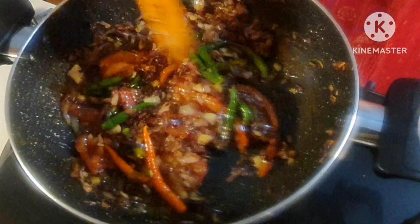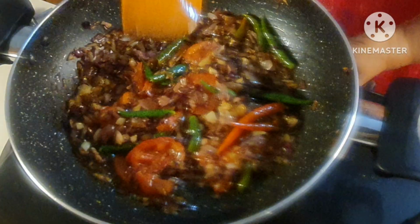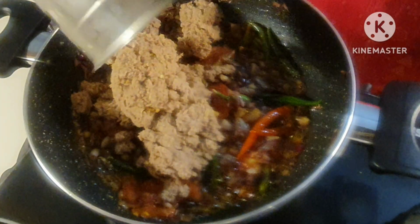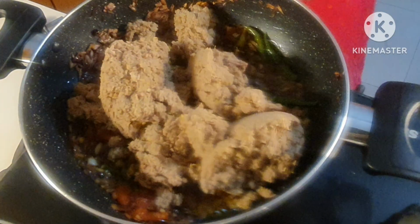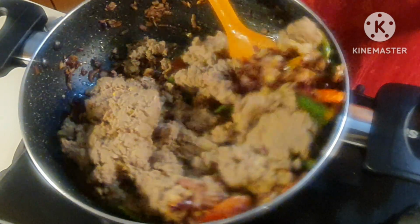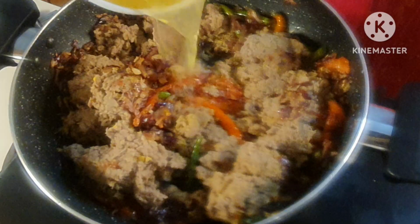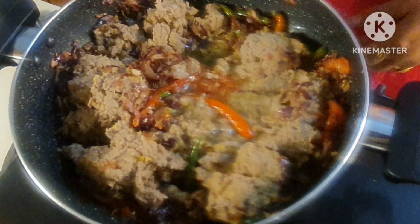I have showed you all, friends. Now after adding the mutton, I have to fry it. I'm showing it all, friends. After mixing and frying for 2 minutes, I will be adding the water in which I have boiled the mutton,